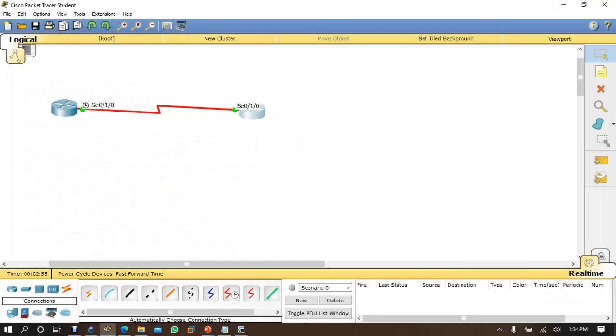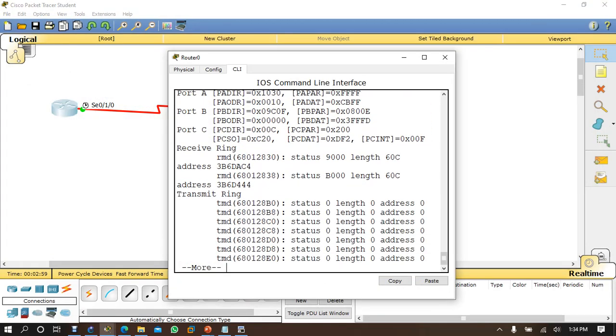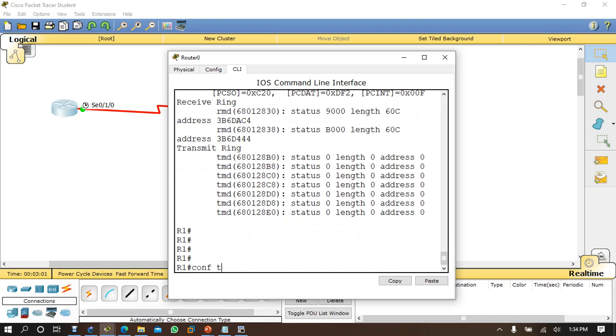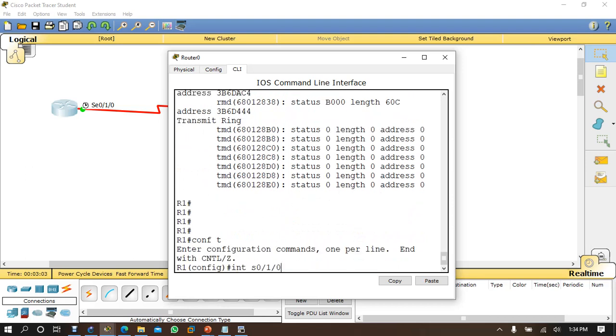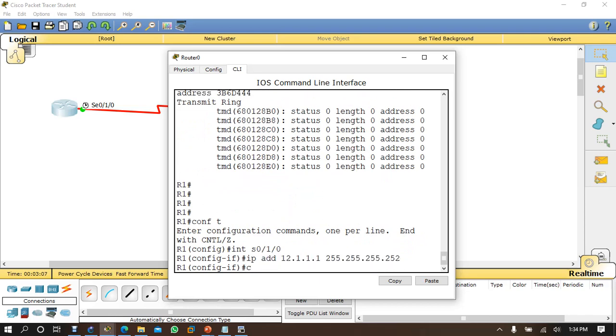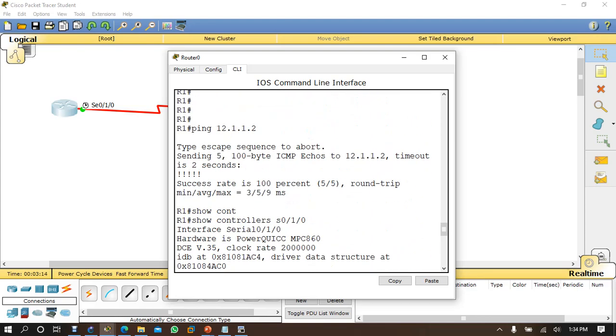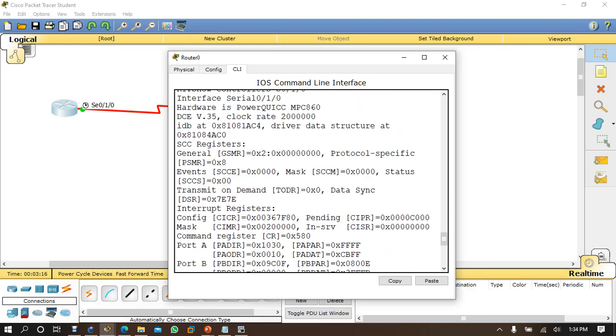But in old routers, while configuring, I can show you: conf t, interface this, after the IP address they used to define the clock rate. Right now the clock rate is 2 million or something.